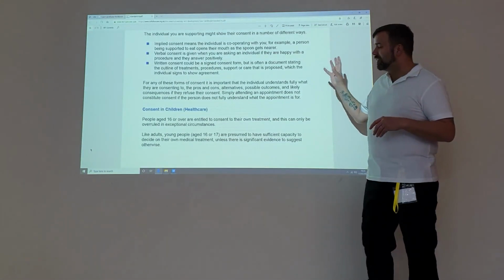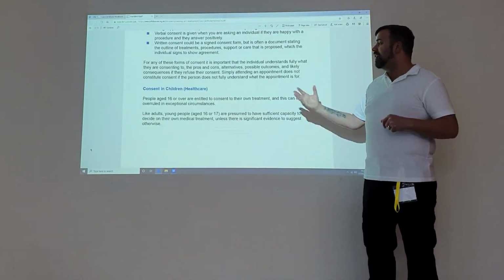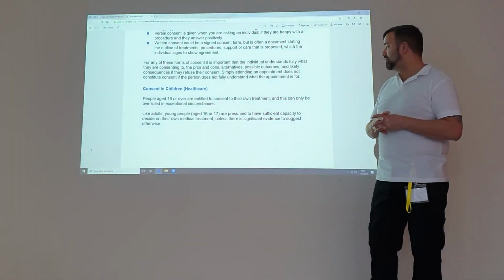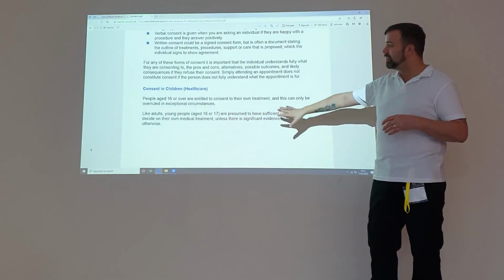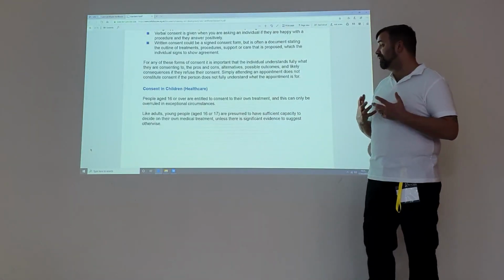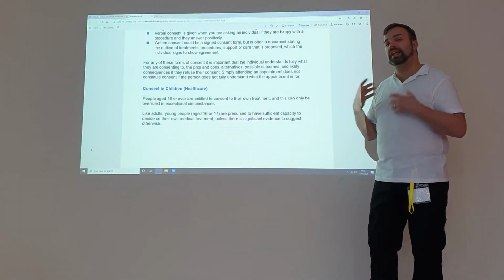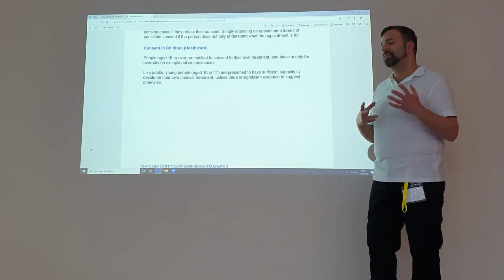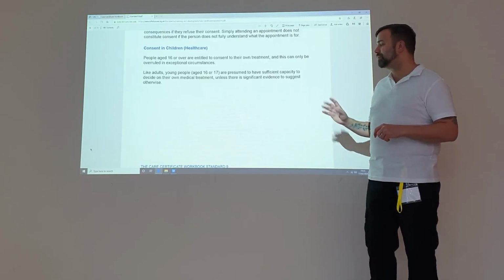Finally, coming down to consent, children up to the age of 16 are then able to consent to their own treatment, and this can only be overruled in certain circumstances. Like adults and young people, they're due to have significant capacity. So there is a thing called the Gillick test, and the Gillick test is all about trying to show that the person is able to make decisions, etc. But you won't normally have to worry about those.